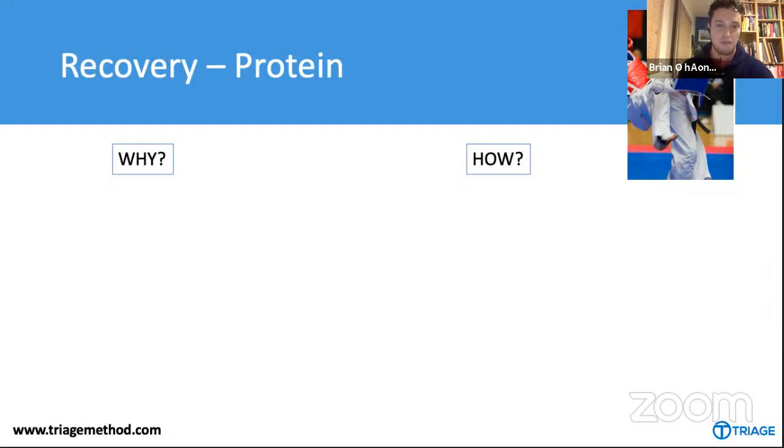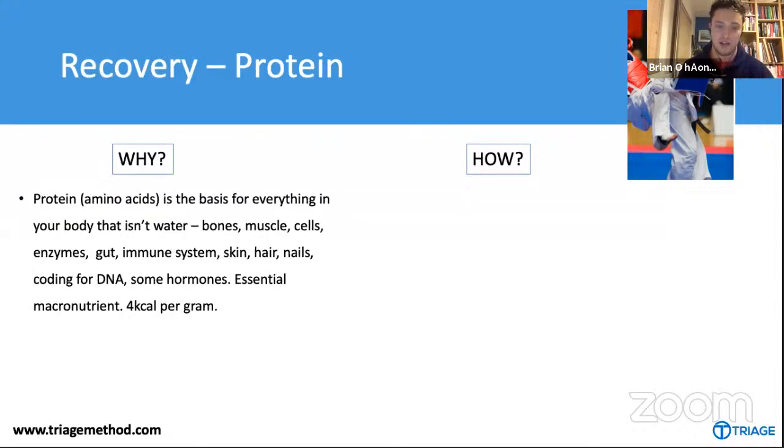So perfect. Pressing on then, talking about recovery, we're going to talk about protein intake. Most of you are probably aware of this to a large extent, but protein, or specifically the amino acids that protein is broken down into, they're the basis for everything in your body that isn't water, really. So I know people automatically think protein, muscle recovery, but there's a huge amount going on when it comes to protein. Like if you want healthy skin, hair, and nails, and your amino acid intake is too low, you're probably not going to have that.